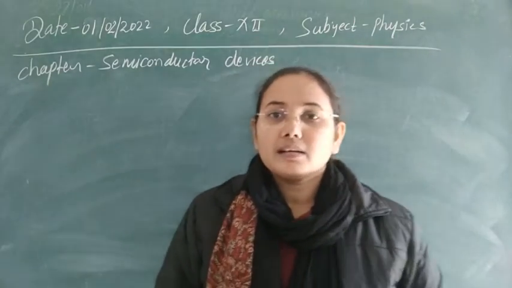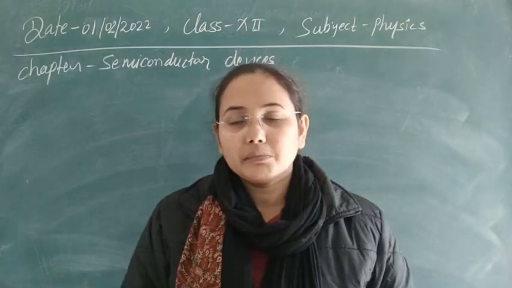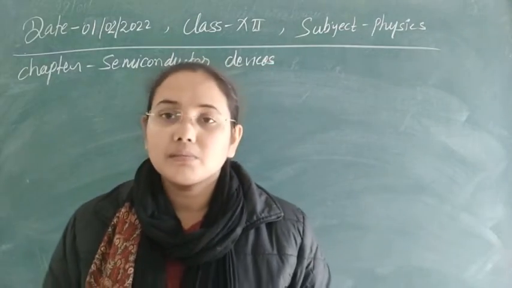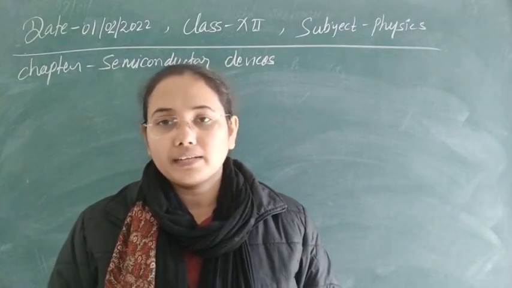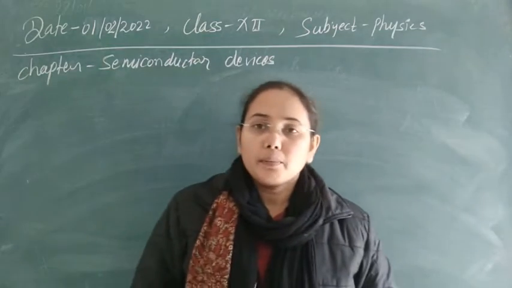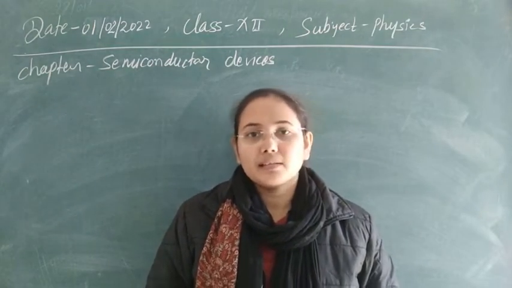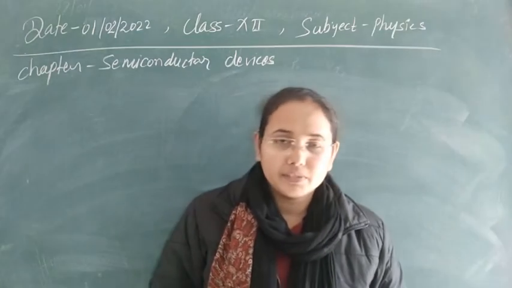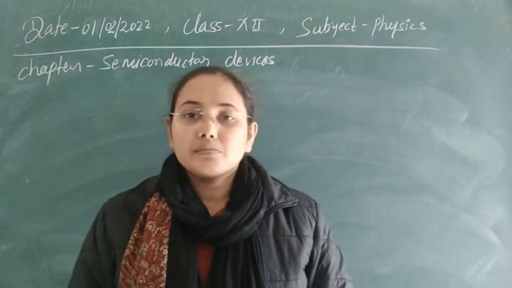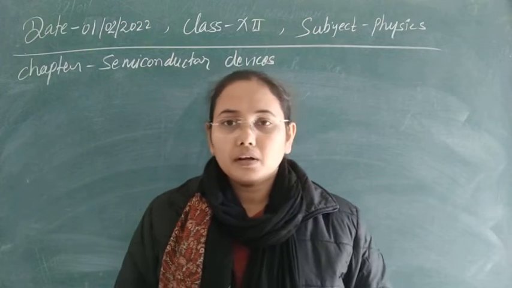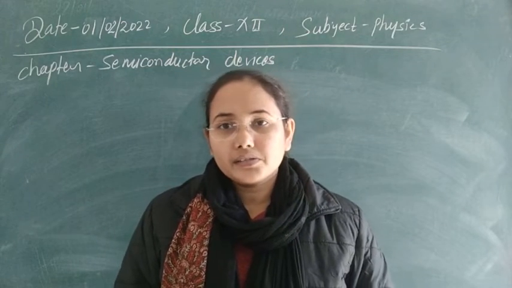So students, in the last class we were discussing our chapter, semiconductor devices, and in that we were discussing some important questions that are asked in your examination. Up to the topic of the PN junction diode and the two types of biasing, that is forward and reverse biasing, we have discussed. So today let's move to the next question, that is how can we draw characteristics for forward